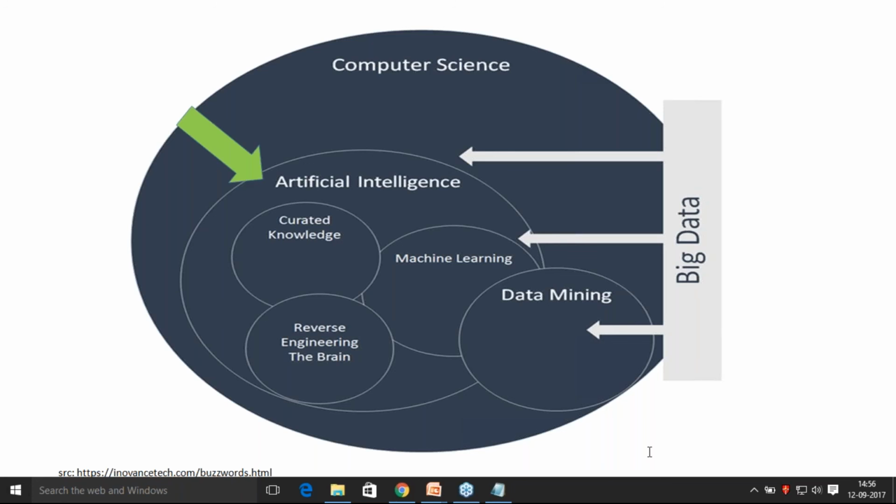RPA is a subset of AI. Yes, RPA will essentially use machine learning. So if you are into RPA, it would be very easy for you to move into AI and machine learning. Most of the concepts you might have already studied in robotic process automation. RPA is nothing but intelligent automation. Right. Okay. So shall we move ahead? A few more questions. I hope I have cleared your answers. Okay, shall we move ahead?